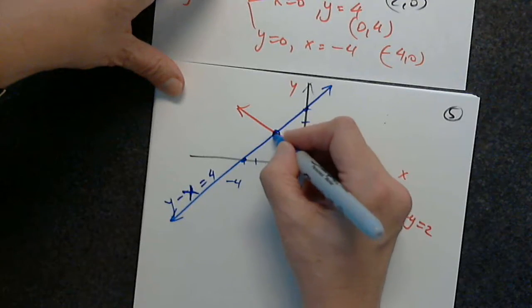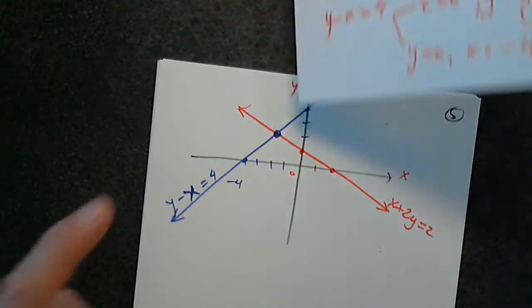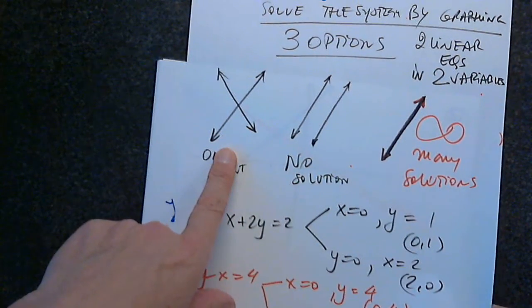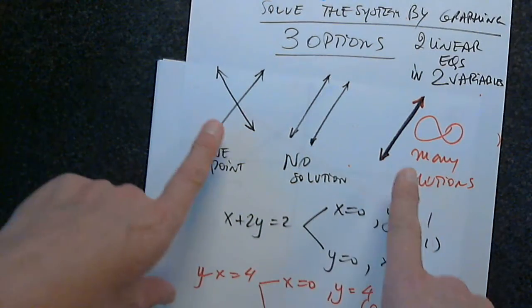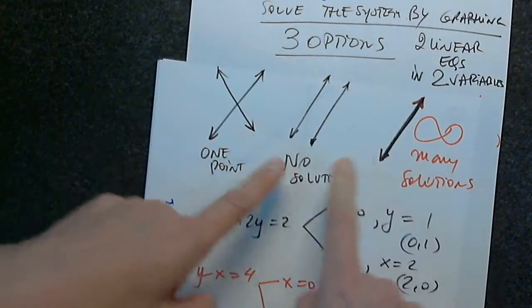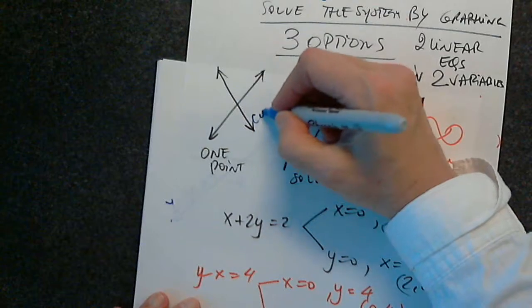We see that the lines intersect in one point, so it's the first option. The system has a solution. It's not like this one, and it's not like this one. So these two systems are called consistent. They have solutions. This one is called inconsistent, no solutions. So consistent,